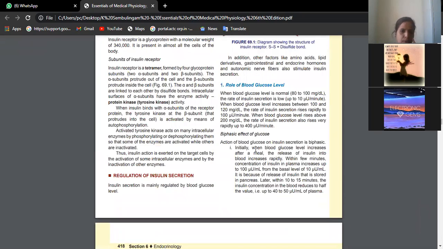Okay. So regulation of insulin secretion, I will tell you in general. Whenever we are eating food, 2 hours after eating food, what happens? The blood glucose levels will start rising. So whenever blood glucose levels start to rise, immediately the beta cells of the islets of Langerhans will release insulin. And it will start transporting the glucose to the cells so that the blood glucose levels do not shoot up. And once the transporting of glucose is finished, then what happens?